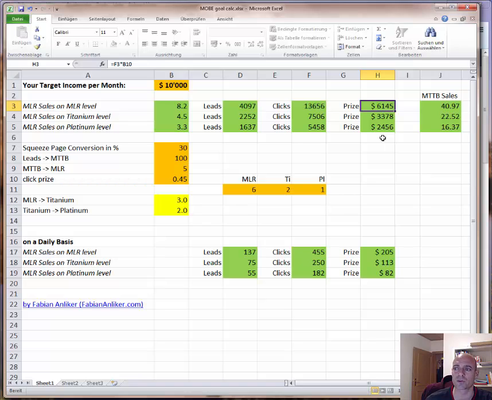Of course, it's not for everybody. It's not possible from the beginning, but just to remind you that it's really important to see the higher you are, the easier actually it gets. And also here you see actually as an MLR you need almost 41 MTTB sales, and as a platinum it's like 16. If you break down those numbers also on a daily basis,